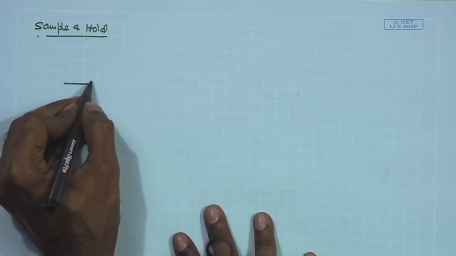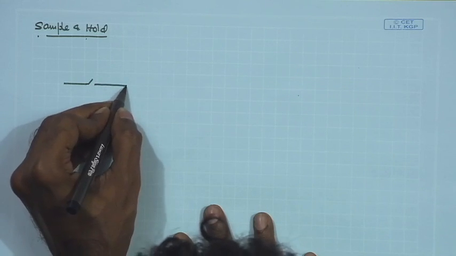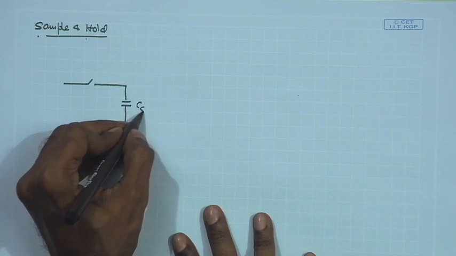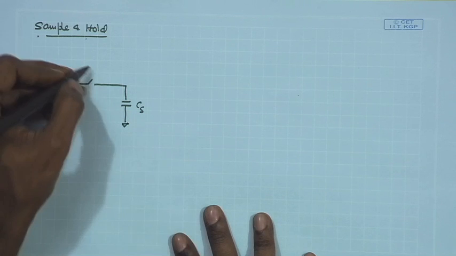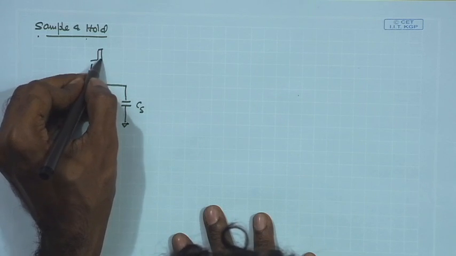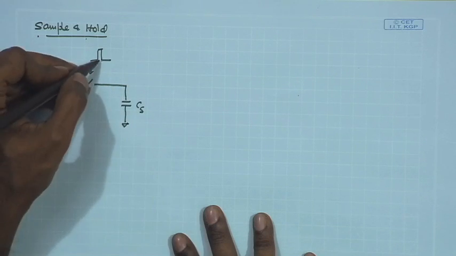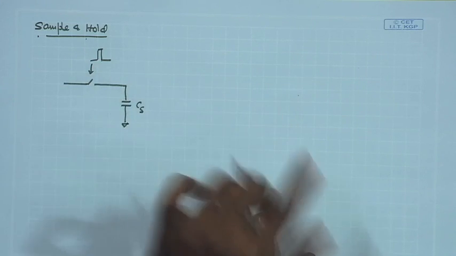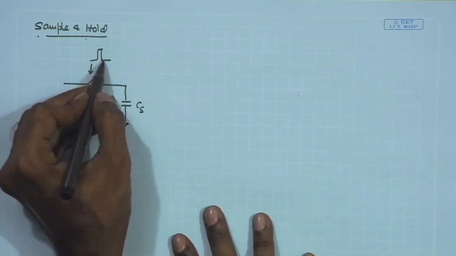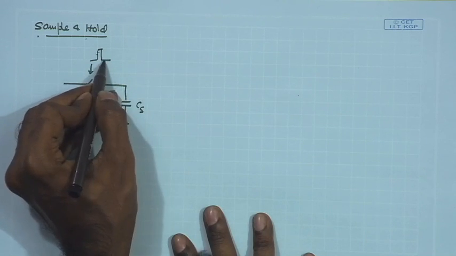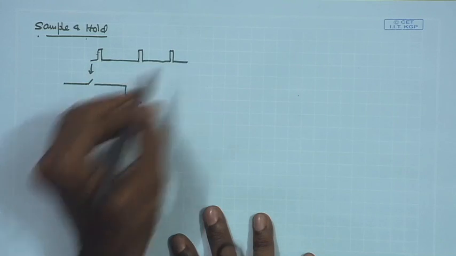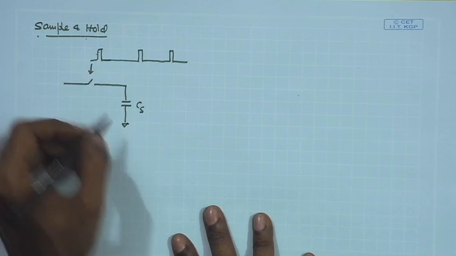The simplest sample and hold unit can be seen as a switch in series with a capacitance. We can call it the sampling capacitance Cs, and we have the switch signal which is turning on periodically at the rate determined by the Nyquist rate. And if I assume that this on duration is sufficiently small as compared to the overall sampling period, we can